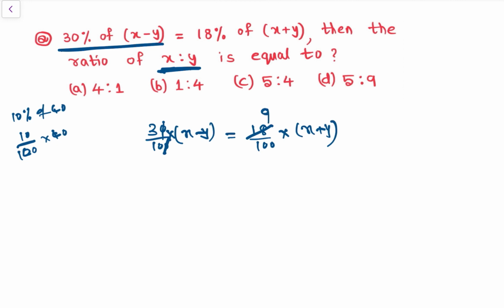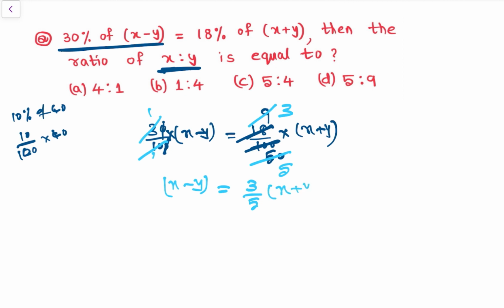These are 9s and 50s, right? So here 3 and 9 we can cancel, because in multiplication form, 3 3s are 9. And this 50 and 10 we can cancel, since 10 5s are 50. So what we have left is x minus y is equal to 3 by 5